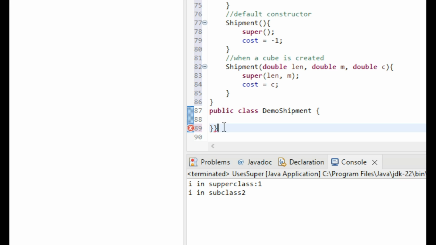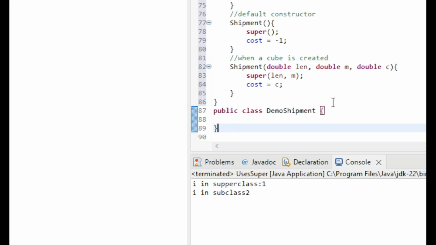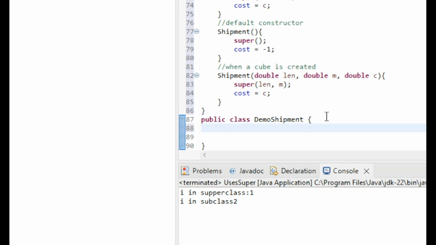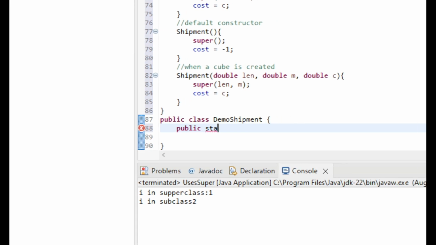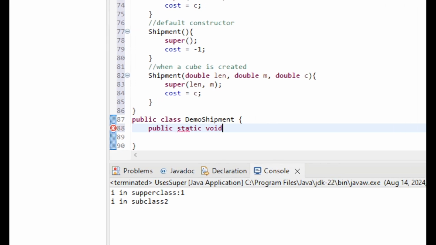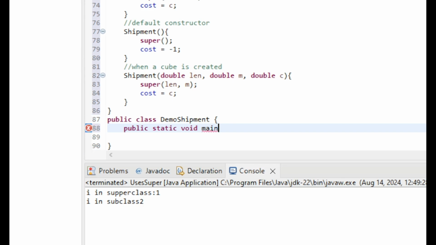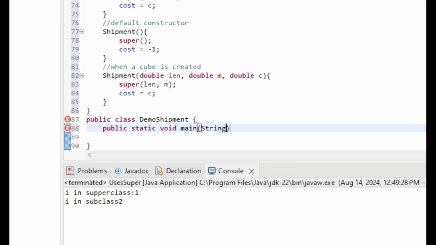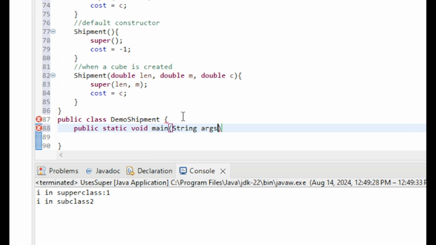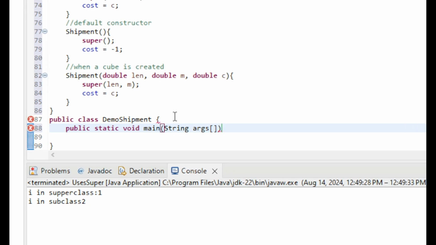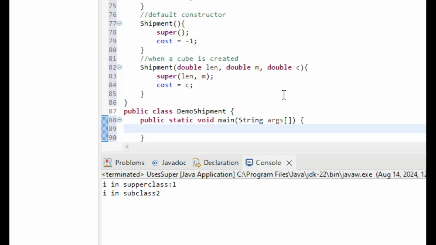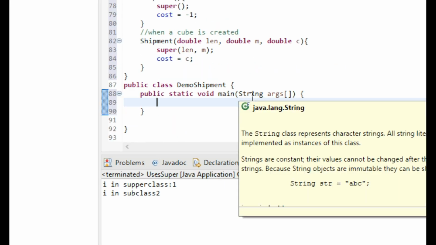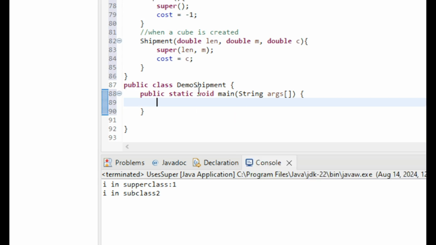We can get to our main method. So let's create our main method. Say public static void main. Here we say String args, and we have our square brackets. Then let's have our curly braces out here, and then inside the main, first thing you're going to do is